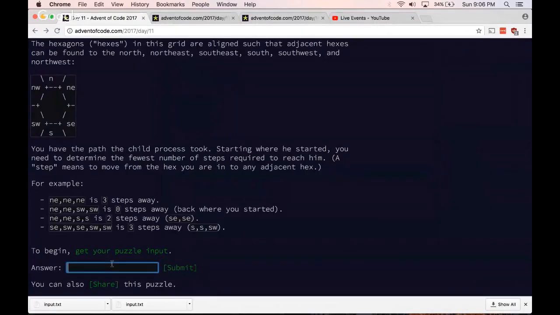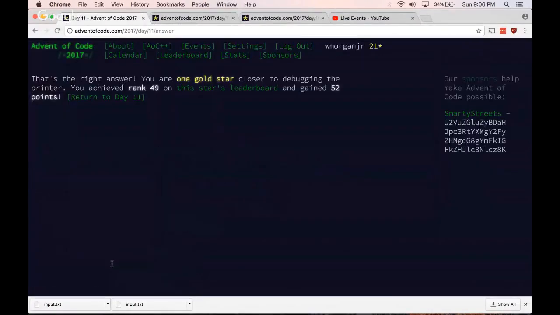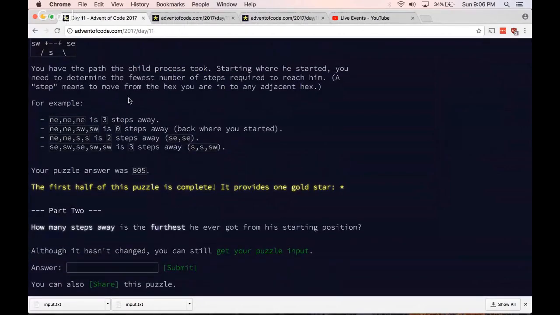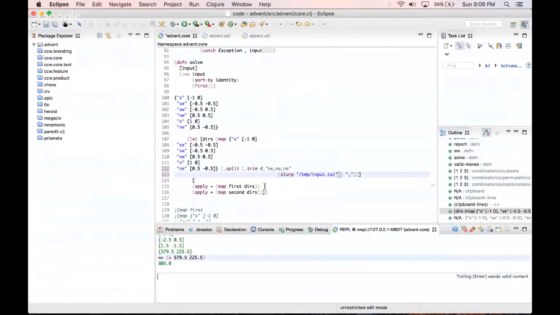805. Right answer, rank 49. All right, next step. How many steps away is the furthest he got from the starting position? Okay, so